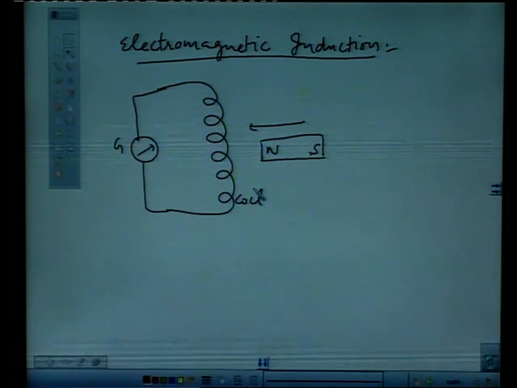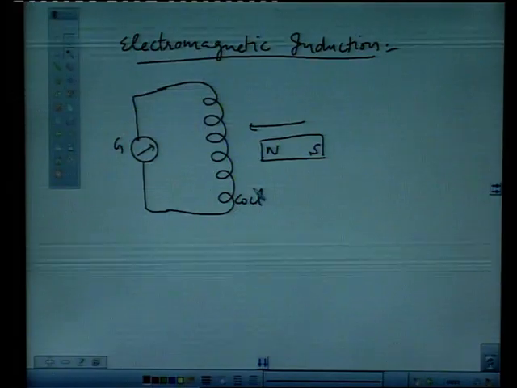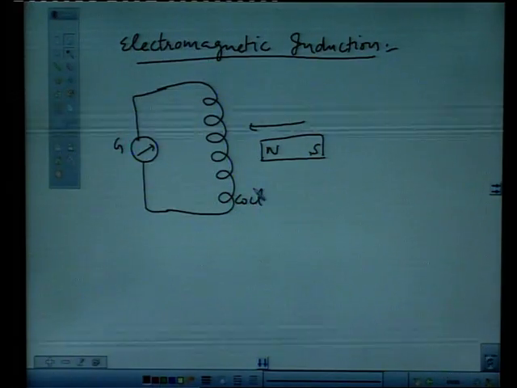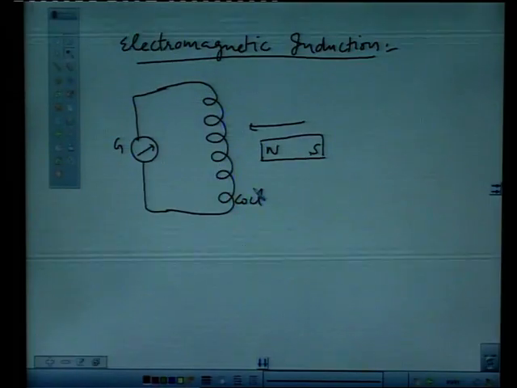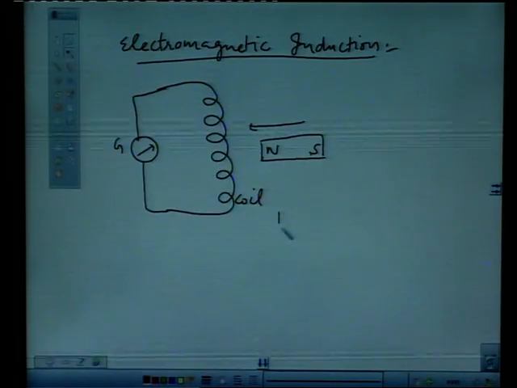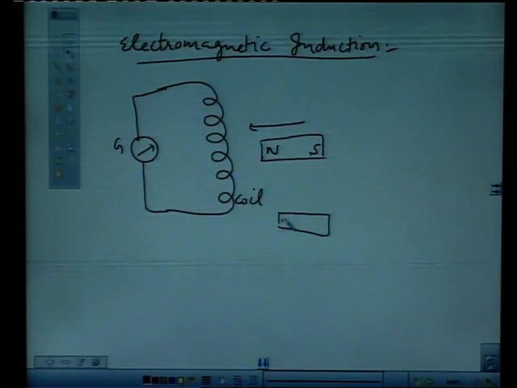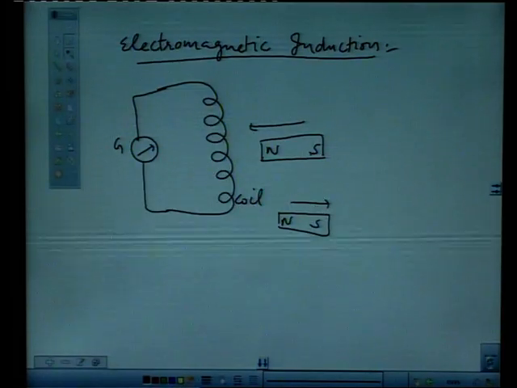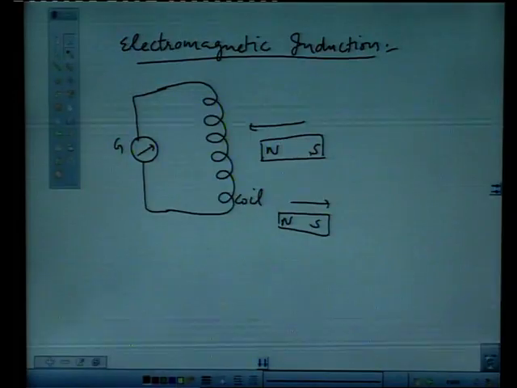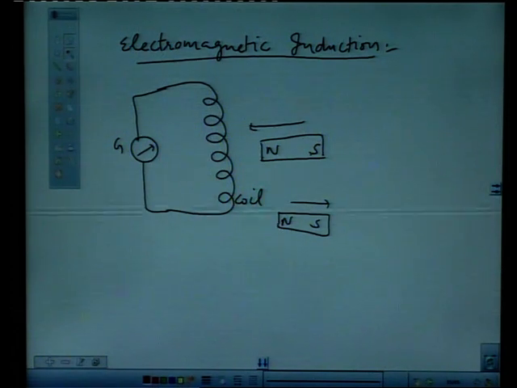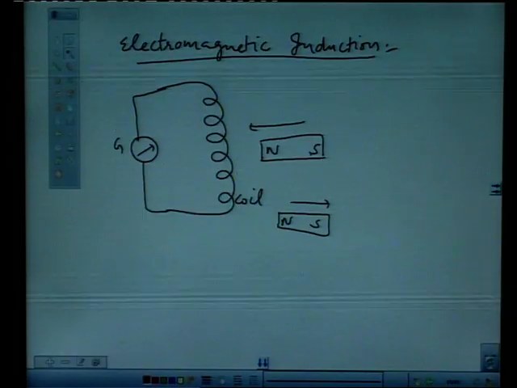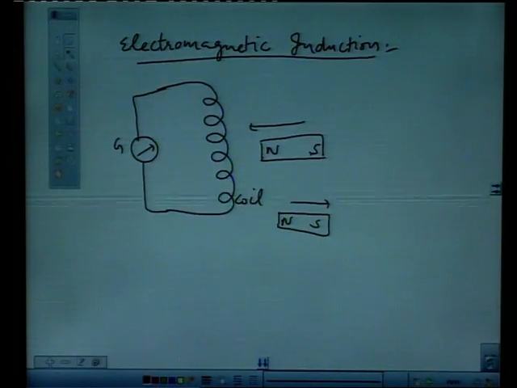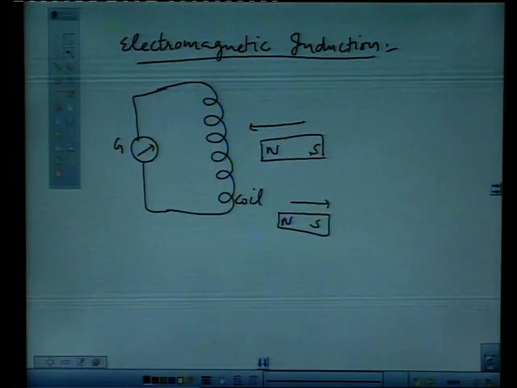Whenever we take this magnet near to the coil, the magnetic flux will be more. There will be more number of magnetic lines passing through this coil, and if we take it away from the coil, the magnetic flux will be less. So, we are continuously moving this magnet near and far away from the coil. So, there is continuously changing magnetic flux. So, whenever the magnetic flux is changing, the galvanometer shows some deflection, meaning it shows some current. So induced EMF and induced current is produced whenever